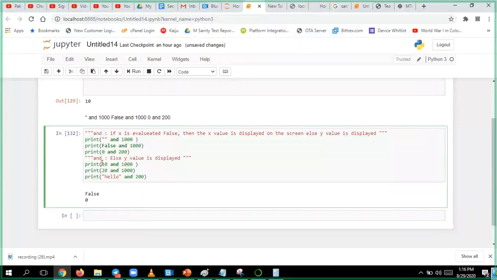And here I have 0 and an empty string, and at the end I have false. Now see this.